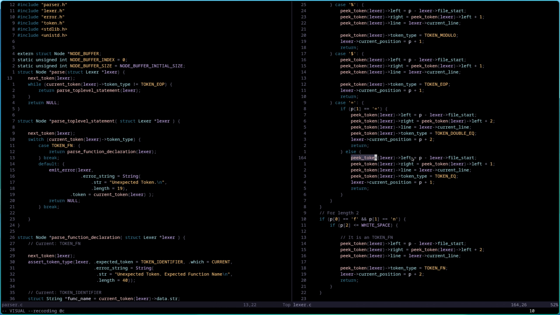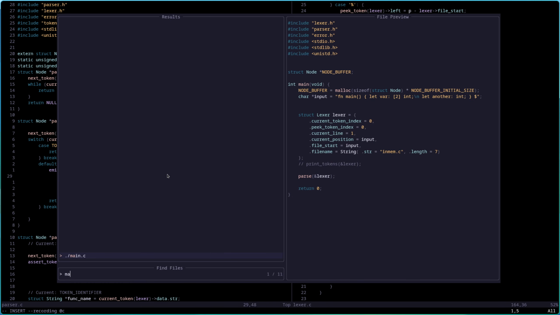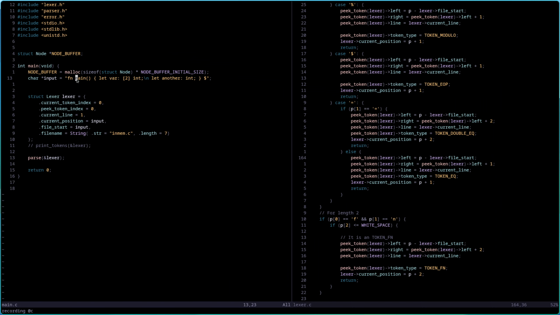So we can see here, when we find a match, we set some left and right values. These left and right values are, for example, for this identifier, the left is this point and the right is this point, so it marks where we can find it in the input string. So this is basically useful for error messages. Yeah, so that's the left and the right, and then the line is kind of self-evident.